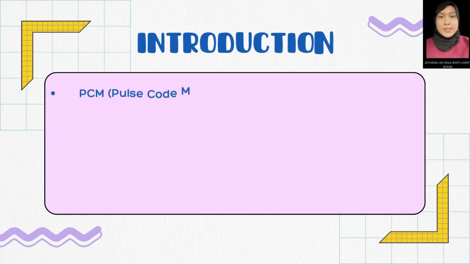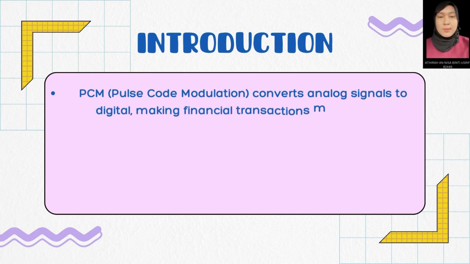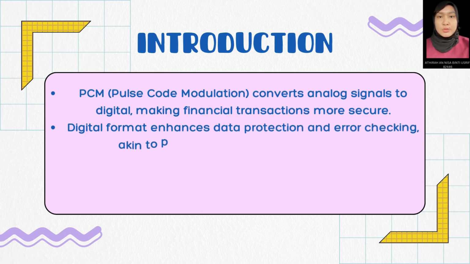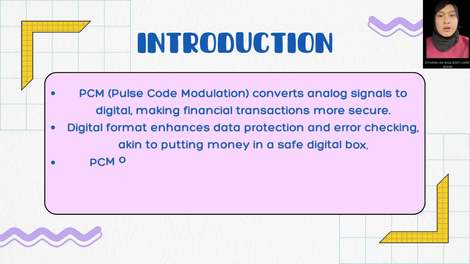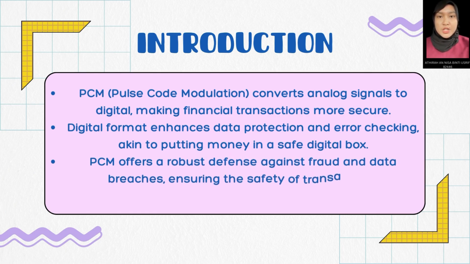Pulse code modulation, PCM, offers a solution for secure data transmission, leveraging digital signal processing to enhance both reliability and security. PCM is a method used to digitally represent analog signals, converting analog input into a sequence of coded pulses, thereby enabling efficient and secure data handling. This report analyzed the use of PCM in financial transactions, emphasizing how it can enhance data transfer integrity and lessen common security risks. PCM also provides a multi-layered defense against fraud and data breaches by transforming analog signals into a